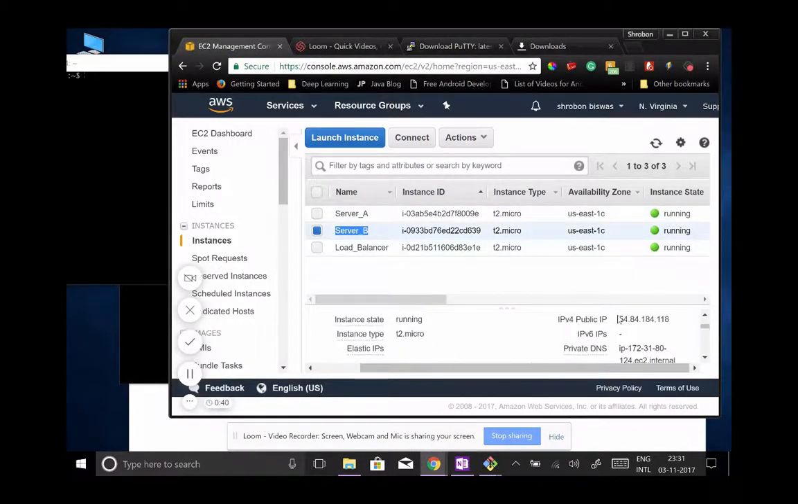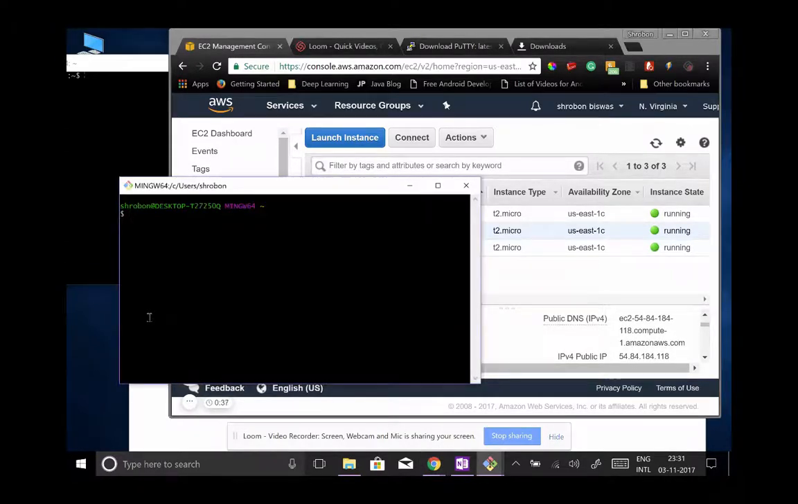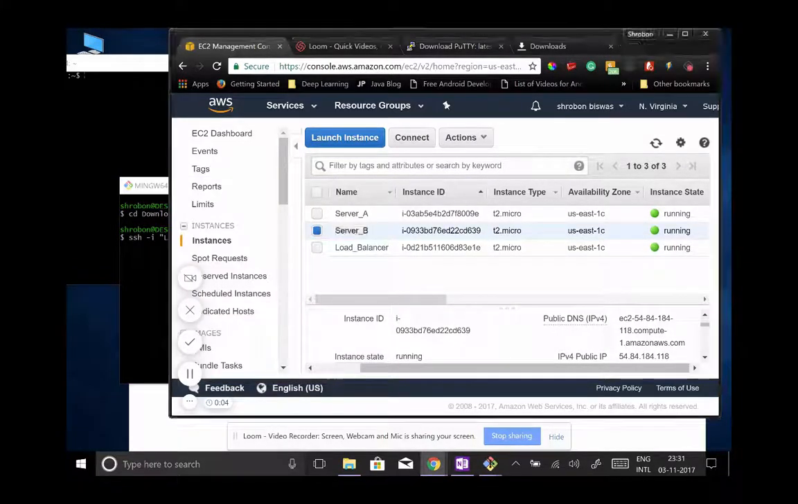Same process. First go into downloads, cd downloads, where your PEM file is. What you do is change the permissions first, but since you've changed the permissions already while logging into the first server, you don't need to do it again. Just directly SSH into it. ssh -i loadbalancer.pem ubuntu@